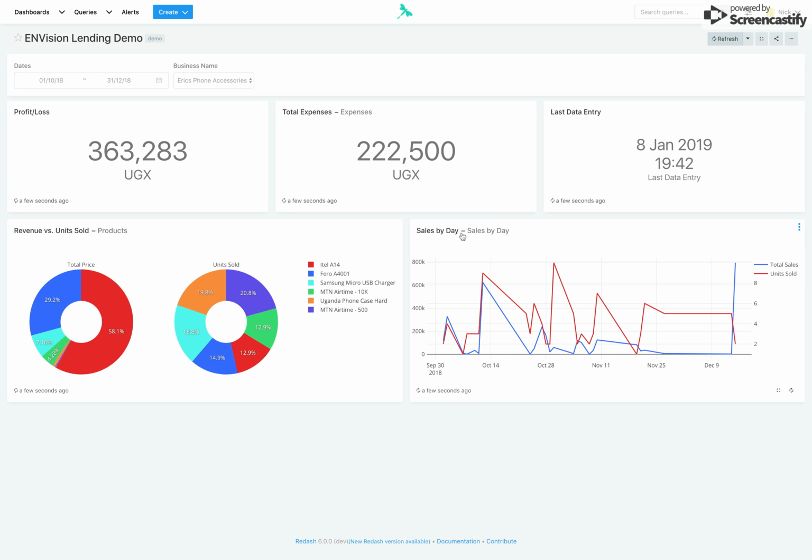And again, we can customize these dashboards for your needs. For example, in addition to revenue and expenses, you can see the last data entry, regardless of what date range you have set. This is a quick and easy way of ensuring your businesses are updating the app on a regular basis. Or it could act as a warning sign of limited activity within the business,